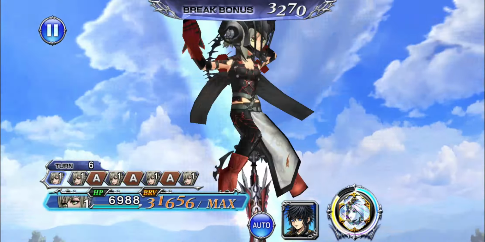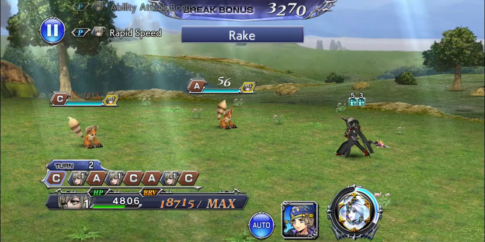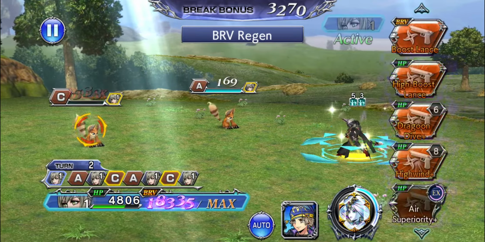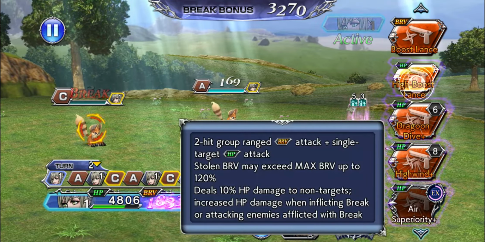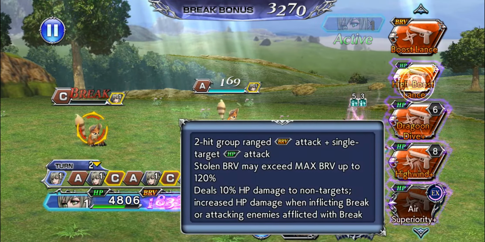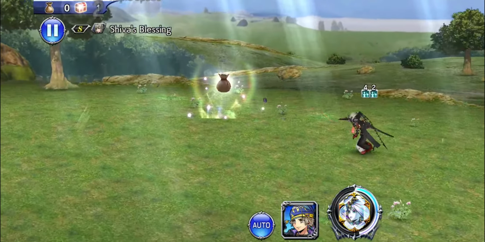So regular Boost Lance is a 3-hit Brave attack, which also increases her Brave by 20% of her max Brave before the attack happens. And then High Boost Lance is a 2-hit AoE Brave attack that deals single target HP damage with 120% overflow and 10% splash. Or if you're attacking an enemy that's broken or the attack breaks the enemy, then it also deals 30% splash